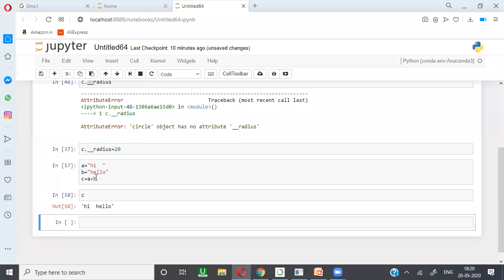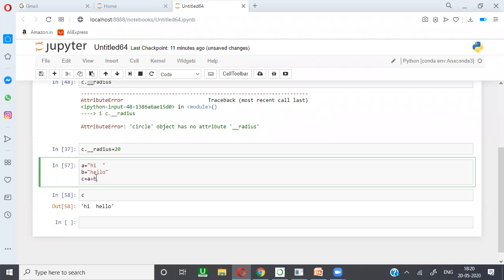So the operator is the same. Based on the situation, it is changing its functionality. If you work with integers, it performs addition of two integers. With the same plus operator, if you work with complex numbers, it performs addition of two complex numbers. Addition of two complex numbers is different, we can't simply add two numbers, but internally it is doing that process. If you are working with strings, it is performing concatenation. Yeah, it supports float also.